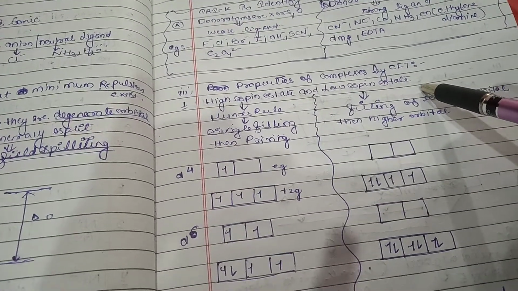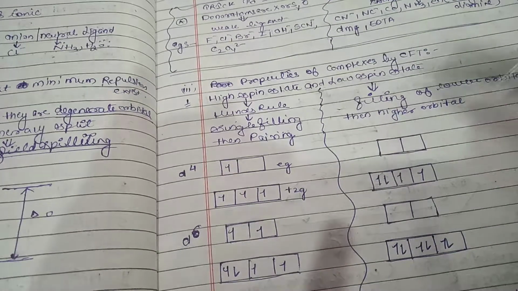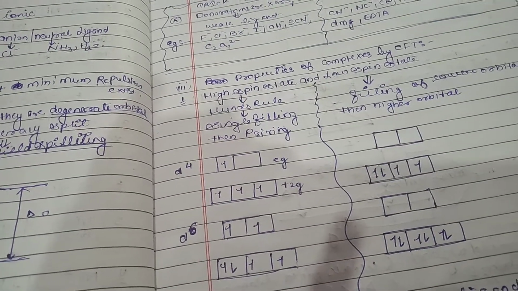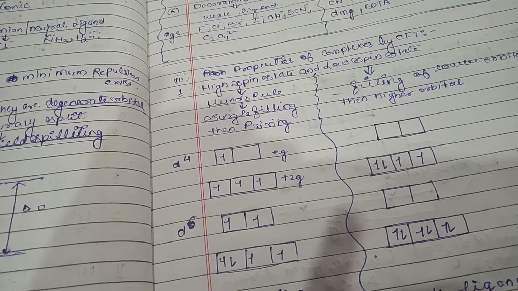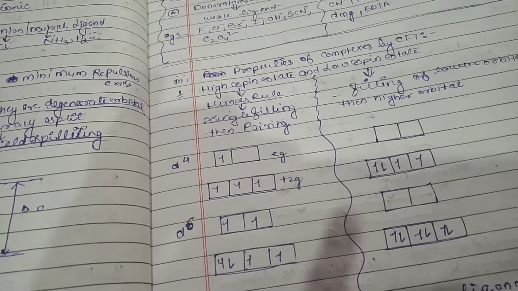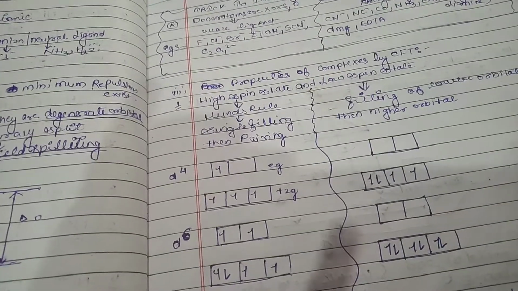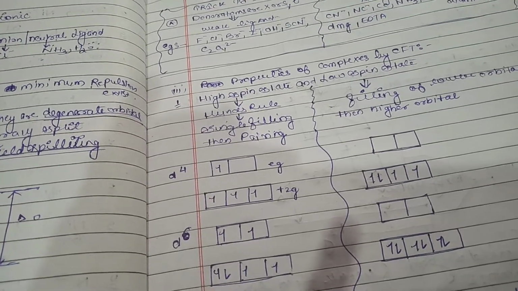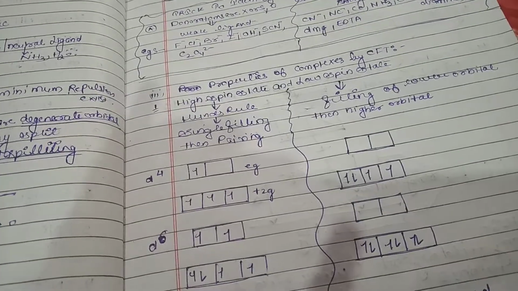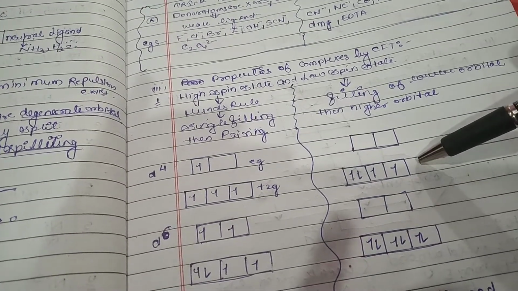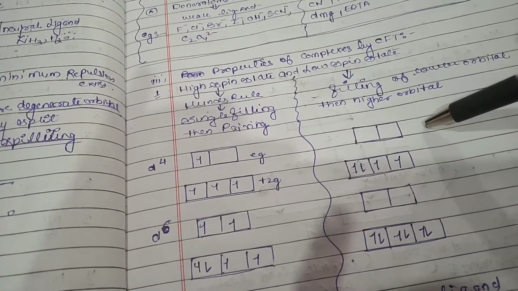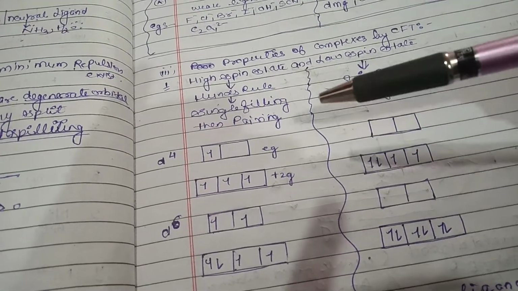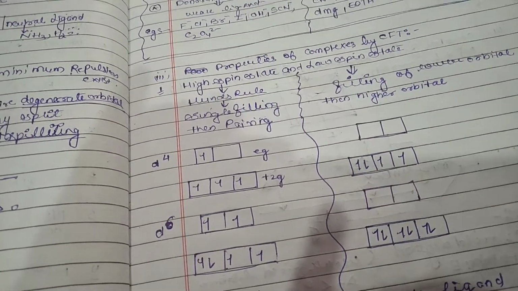But what matters if a complex is said to be high spin or low spin? High spin state and low spin state affect the electronic arrangement in the orbitals. In high spin state, single filling in each and every d orbital occurs first, and only then pairing occurs. Meanwhile, in low spin state, firstly the lower d orbitals will be filled, and only then the higher d orbitals. That is, if we are considering an electronic configuration of d4, and